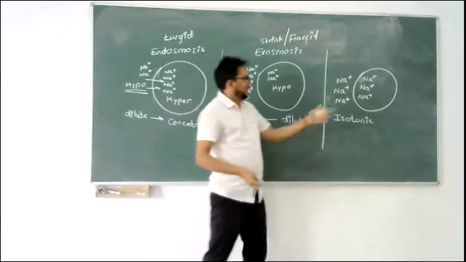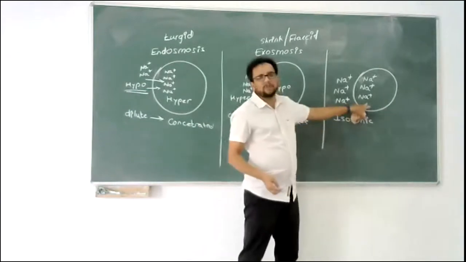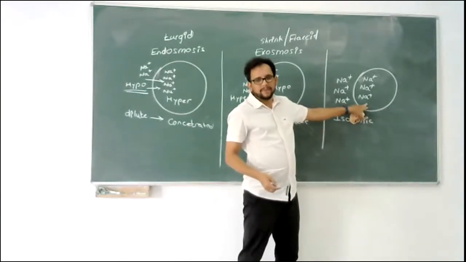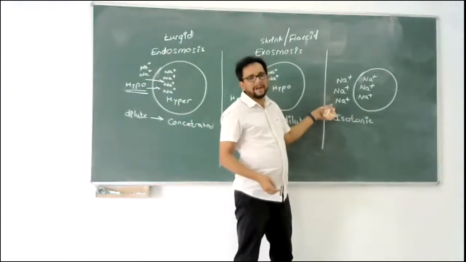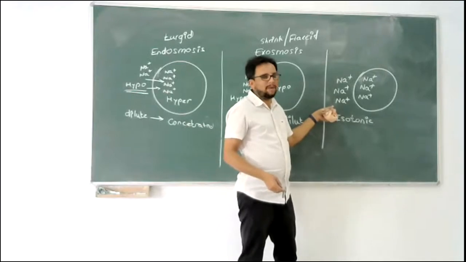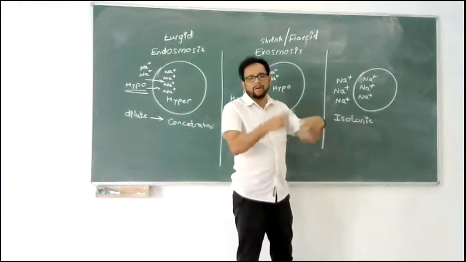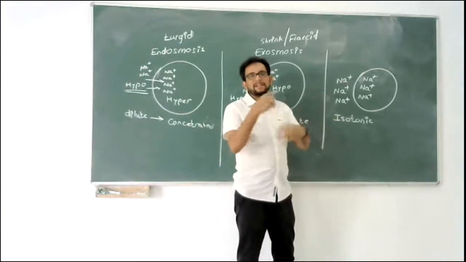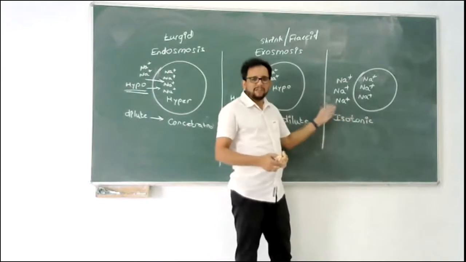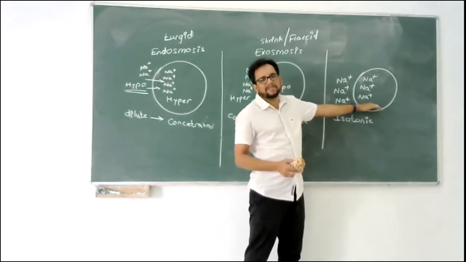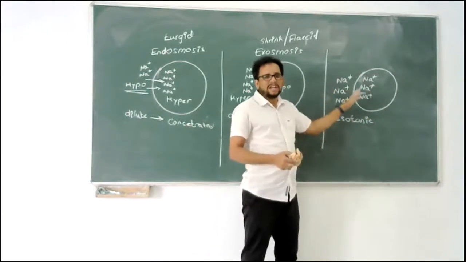But let's say if the water moves out in this case, then the inside solution becomes concentrated, right? Because water is moving out. And then the outside becomes dilute. Again osmosis will happen, again water will move from outside to inside. So this process will go on in isotonic solution. But the net movement, whatever amount of water was coming outside, the same amount will go inside by the process of diffusion, osmosis. So that way, this will keep happening.